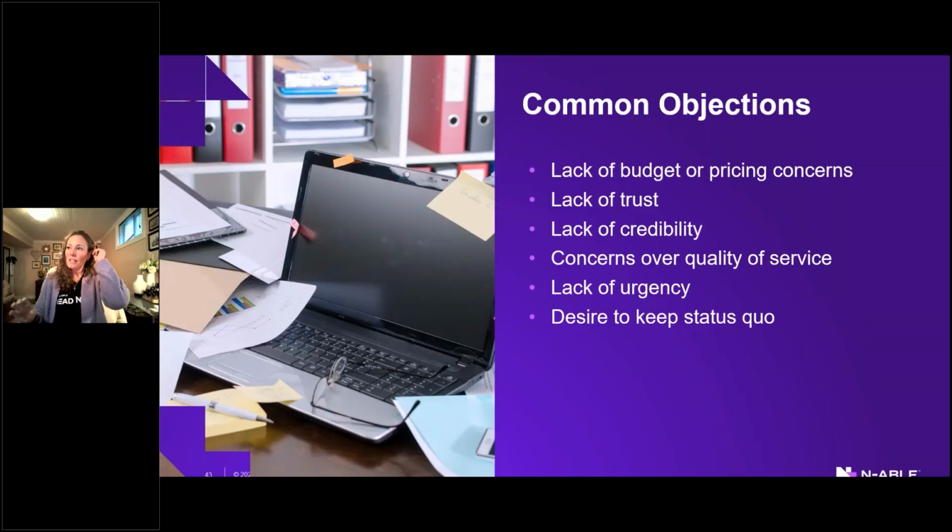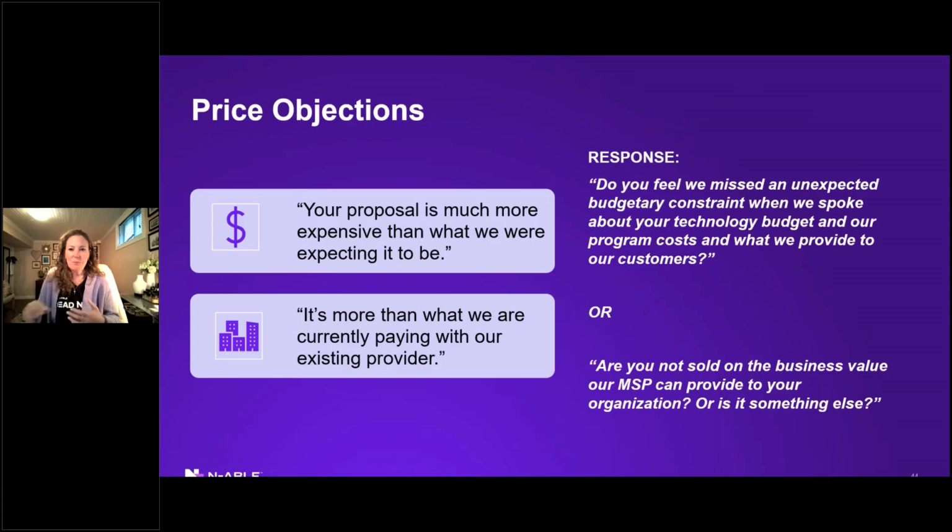So looking at the different types of objections, there are really five that we should be ready to anticipate and be prepared to answer. They're typically centered around price or lack of budget, lack of trust, lack of credibility, concerns over the quality of service, and usually a lack of urgency or just the desire to stick with the status quo. So let's talk about the pricing objections, because likely most of the objections you're